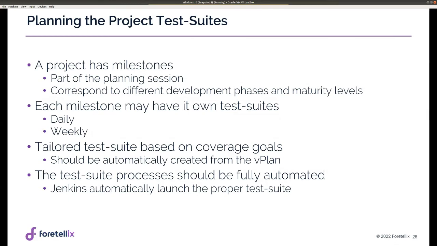These are the kind of things that, if you follow this kind of methodology with a proper technology, obviously you can do very easily. I'm going to demonstrate that in the demo as well. So, create a test suite automatically from the machine-readable executable verification plan. Test suite processes should be fully automated, goes without saying. We're not going to click the button for the daily or the weekly. These are going to be automatically invoked for us, preventing a place for human error or forgetting or anything like that. You can do it upon request if a user needs to and decides to execute things, but this will be automated in your Jenkins